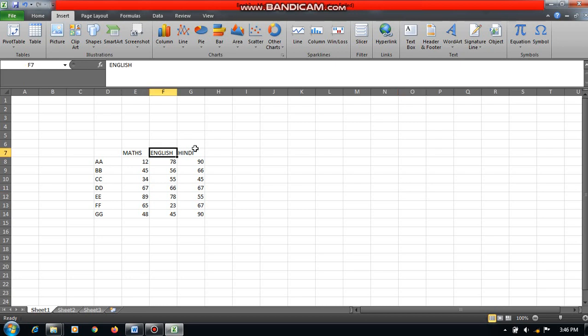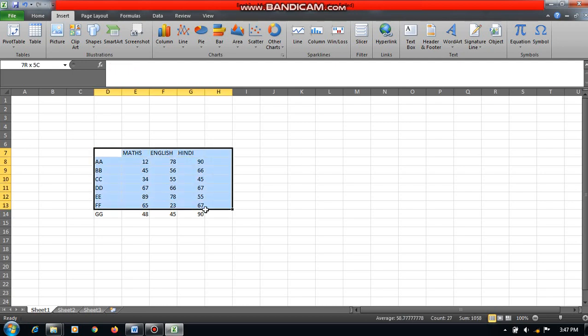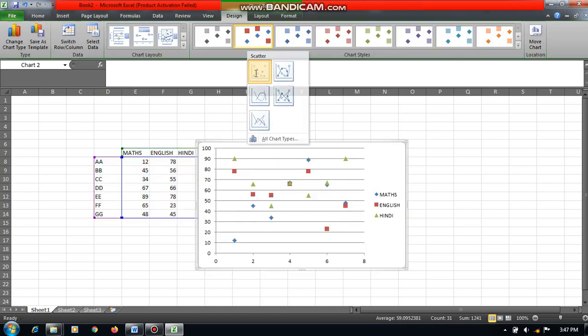Now suppose we want to transfer this data from the table into a graphical, visualization format. In the previous lectures we have seen histograms, and now we will see the scatter plot. We can draw that using the scatter plot. Select these tables and convert them into the graphical form, the scatter, so your data will be transferred automatically into the scatter.